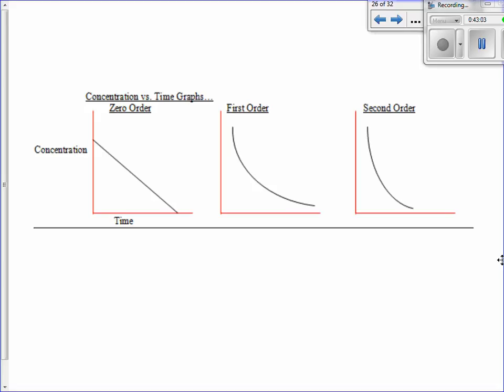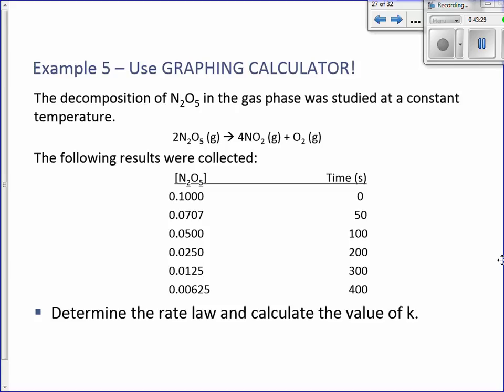So if it's just concentration versus time, 0 order is going to be a straight line. First order will be a decay curve, but the second order will be even steeper on the slope there. It's going to be different if it was the natural log of concentration, then the first order would be straight. When we're actually going to be given the data set, which you're going to see here,